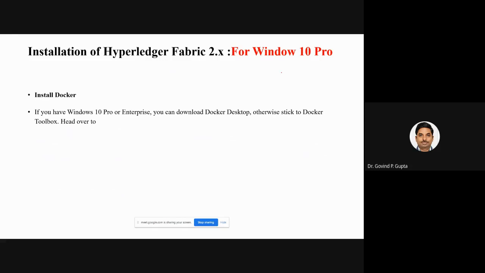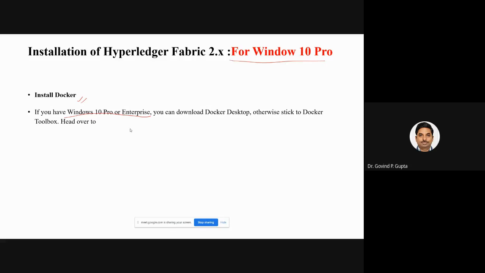Now, how to install Fabric in Windows? In this case you have to explicitly install Docker for Windows, and then you have to change some environment settings.